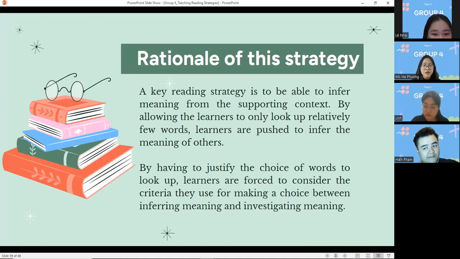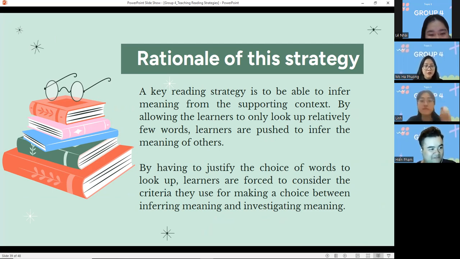About the rationale of these strategies, the key reading strategy is to be able to infer the meaning from the supporting context. So students need to choose three words from the context and then look up their meanings from the dictionary. By allowing the learner not only to look up a relatively few words, learners are pushed to infer